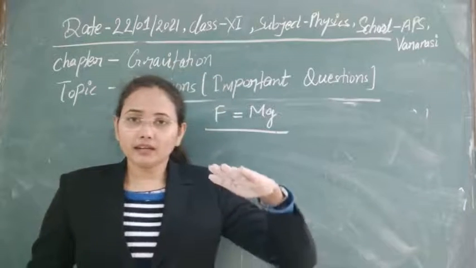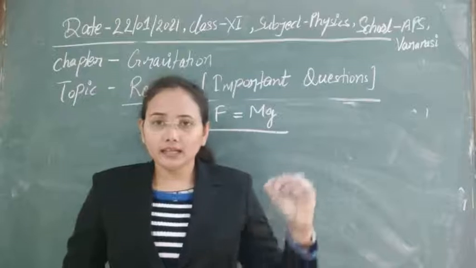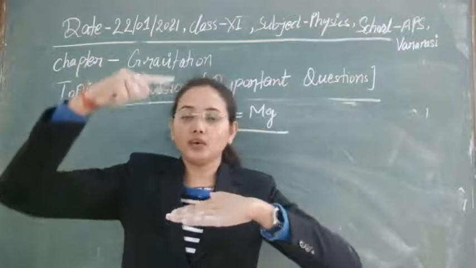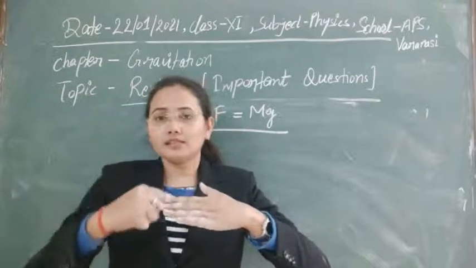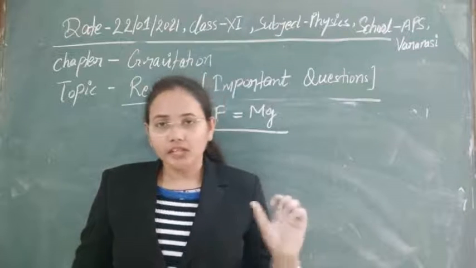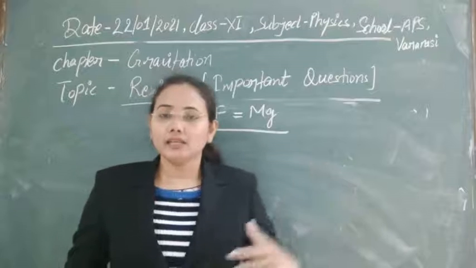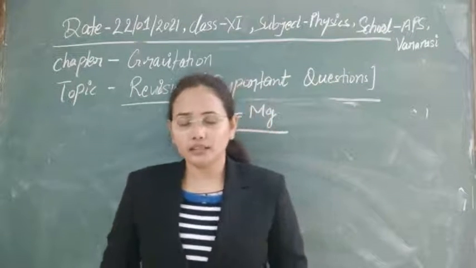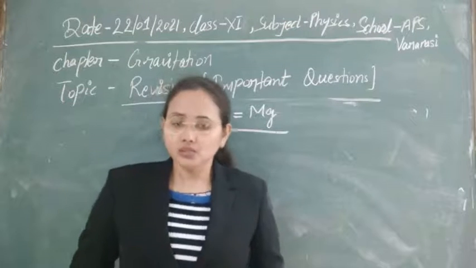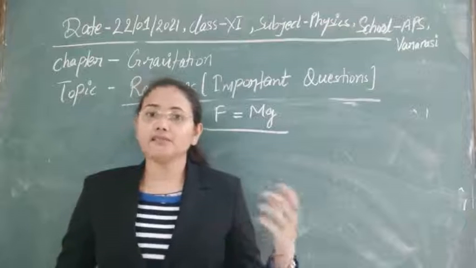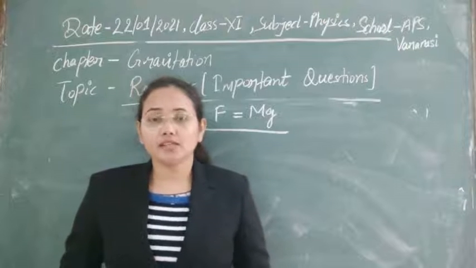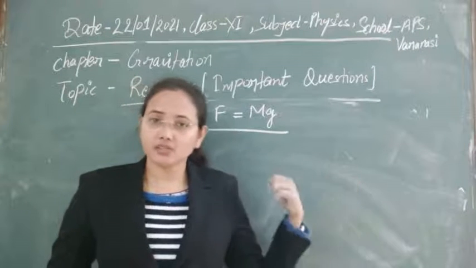But if we look at the variation in g with respect to the surface, whenever we go with altitude, or with latitude, or into depth, then there is a change in g. This means that at different places on earth, the body experiences a different gravitational force. So the effect of different factors on gravity is a very important question for concepts, and also for calculations and derivations.